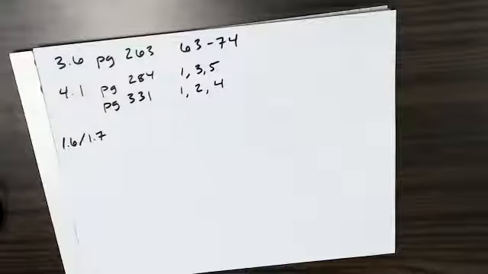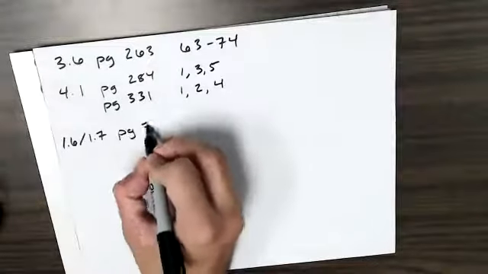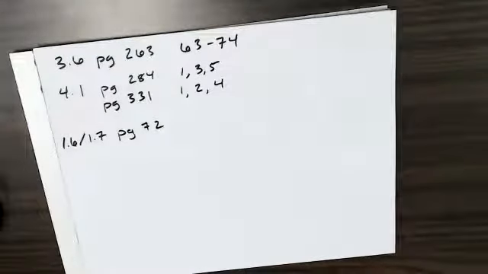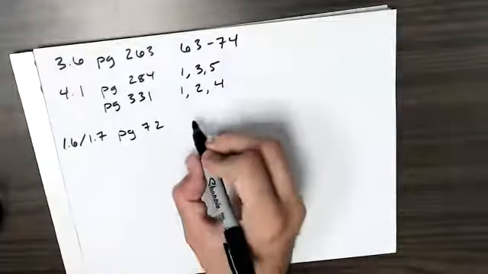Okay, 1.6 and 1.7. Let's see here. 5. Oh, there we go. This is on page 72. I'm going to say, start. There we go. Number 1, this is 113